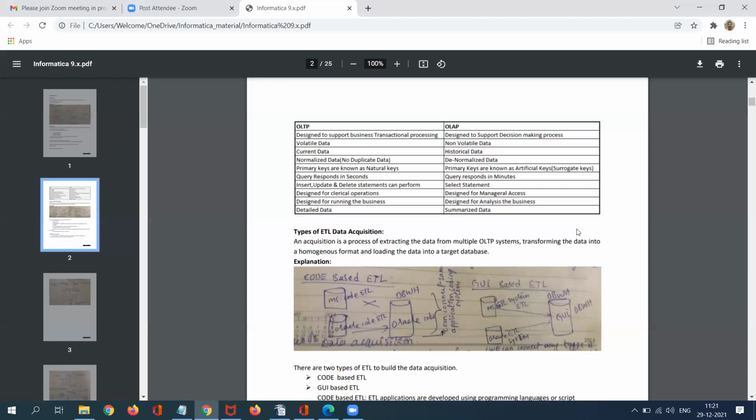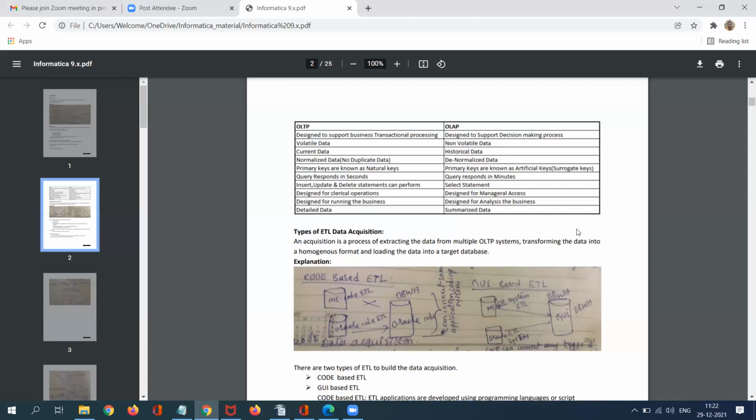Even if you have multiple records with the same customer, same employee or same transaction record, in OLAP we make sure that the recent one will be active and the rest will come under inactive. The same kind of data will repeat multiple times and load into your historical database.